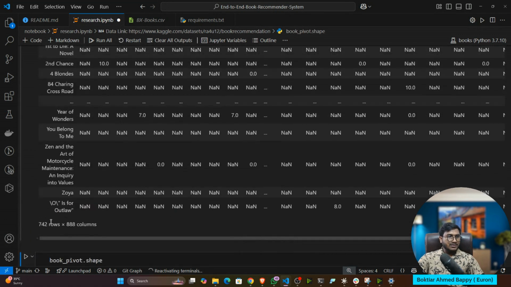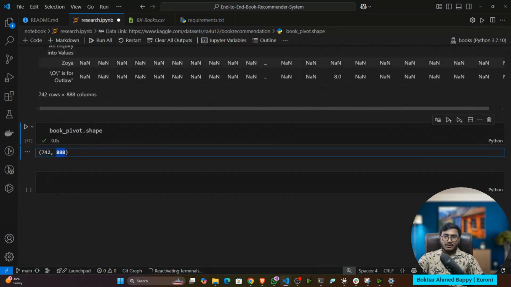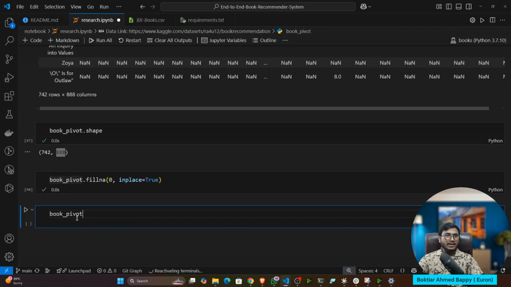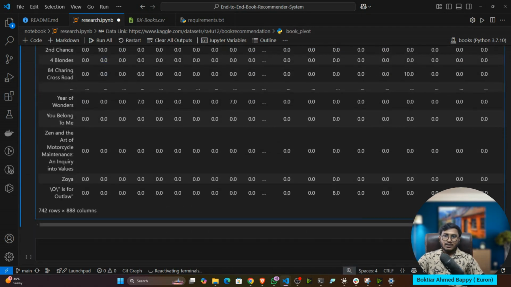That means this side you have 742 rows and this side 888 columns. First of all, I have to fill all the NaN with 0 because I can't pass NaN to the model. Now you can see wherever you had NaN, it is replaced with 0.